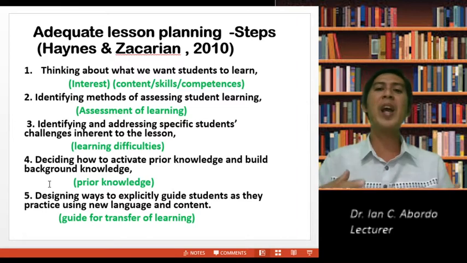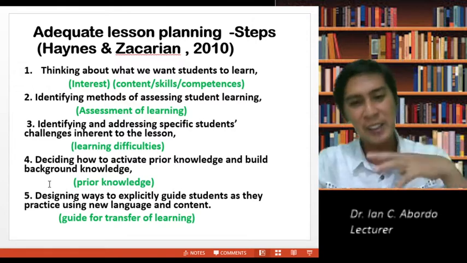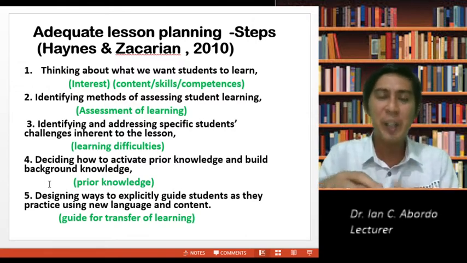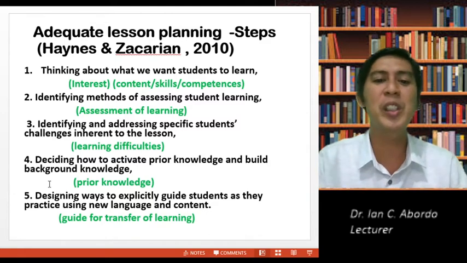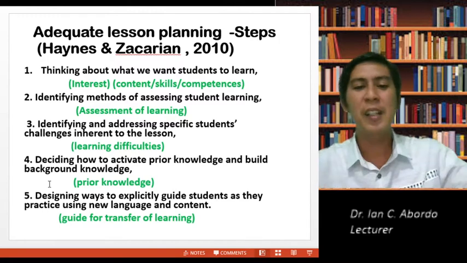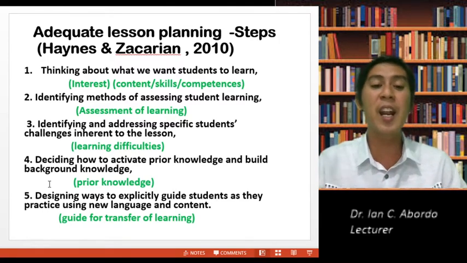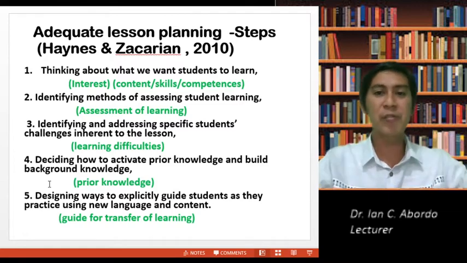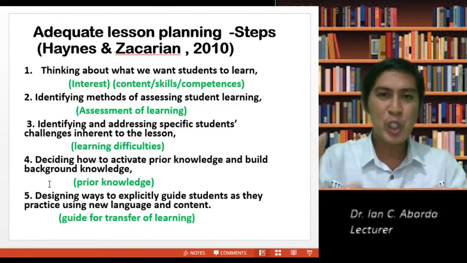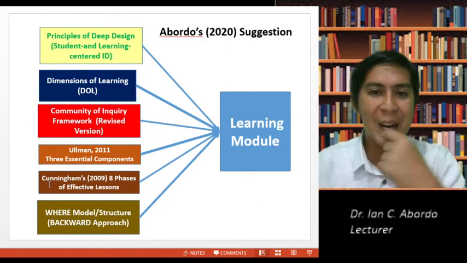Prior knowledge also: after we know the prior knowledge of the student, we can differentiate and craft our response to these needs and difficulties using some interest content. And we have to guide for transfer of learning. I said earlier that the goal of our lessons will be not only acquisition of knowledge but transfer of learning. We discussed deep learning briefly.